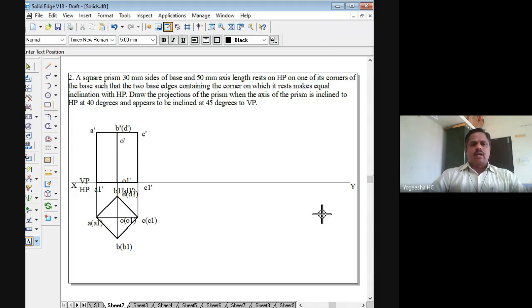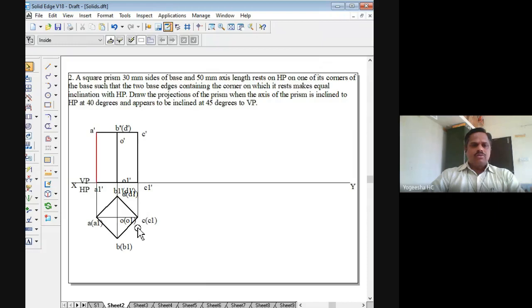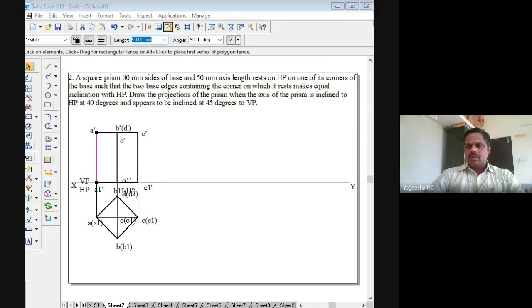In the second set, we have to take the inclination of the axis of the solid with HP. Here they have mentioned that the axis of the prism is inclined to HP at 40 degree. So I have to make a copy of this here. I will select the whole first front view.